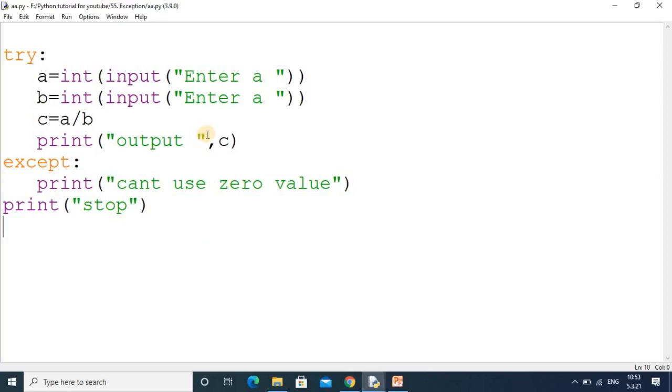Okay, and if the user is entering the correct value, then there is no need of the except block. And the use of exception handling is that your program will work fine even though there is a runtime error in your program. It means what we are doing in this program is handling a runtime error, because it can come from the user side also. So if you want your program to work properly in all situations,